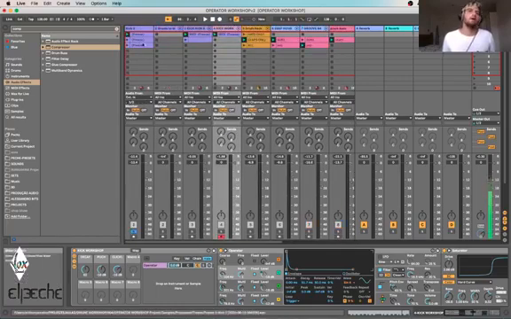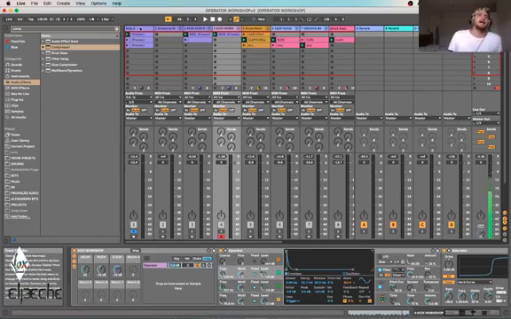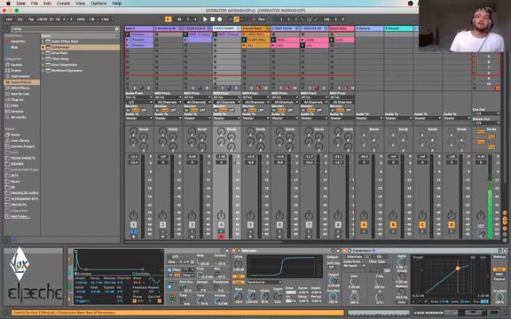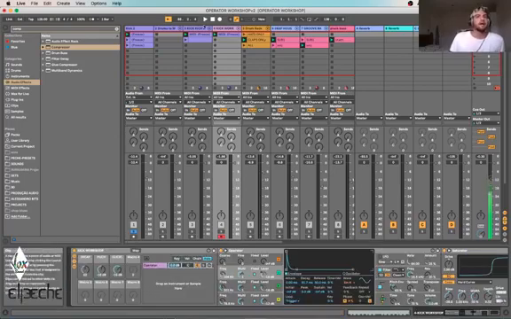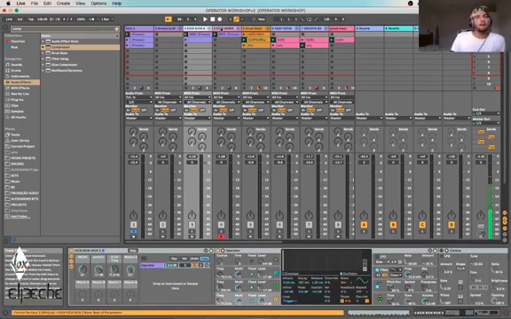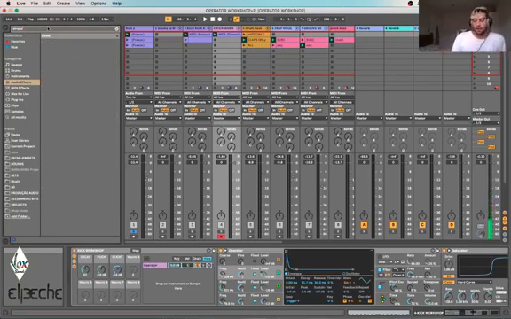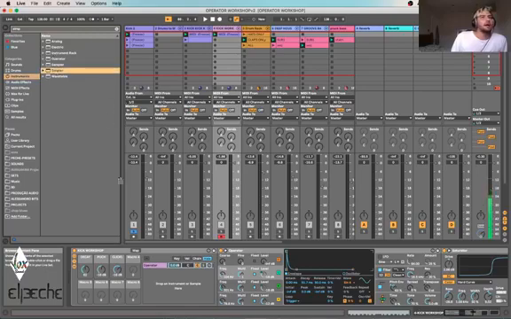this one has a lot more high end and click to it. The reason for that is it was made using Kick 2, which actually uses samples for the high end of the kick. It's also something that we could do for this kick if we wanted to, simply by putting a Simpler in this rack here and loading it